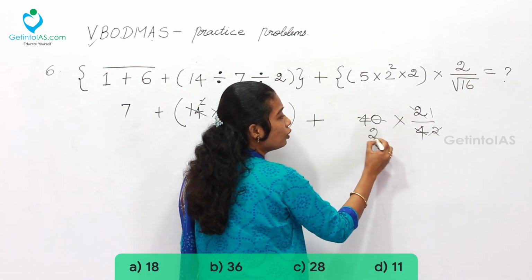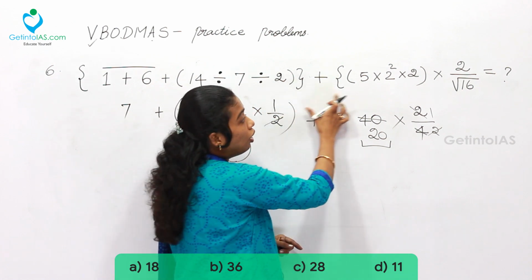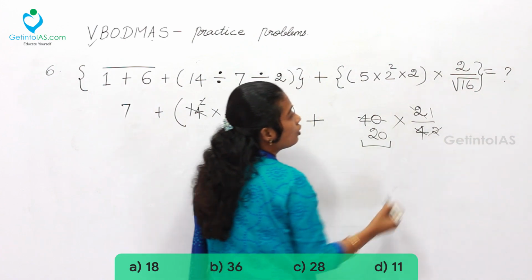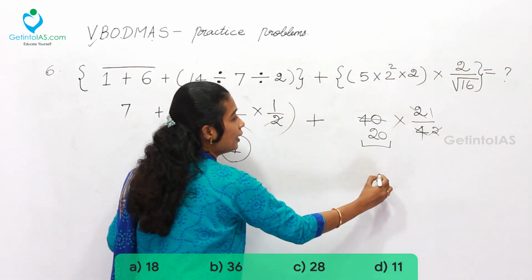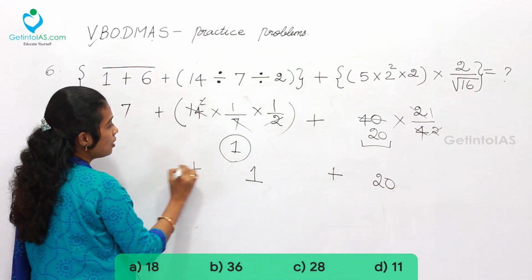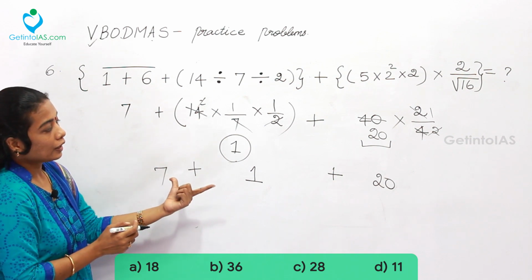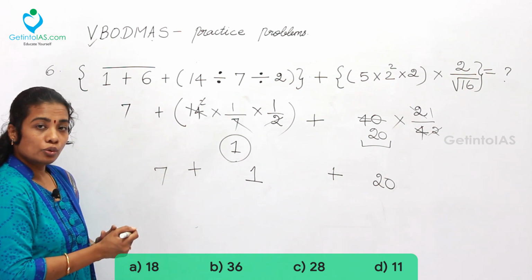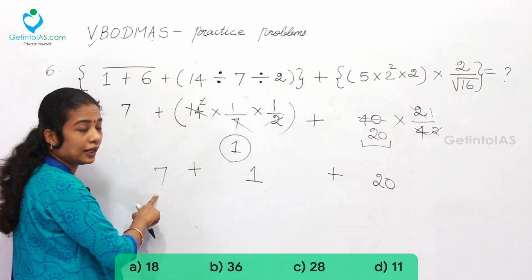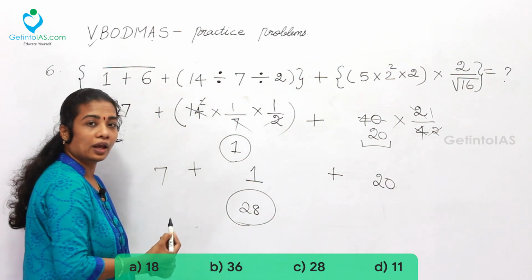Here 2 has to be done here. 20 is the result for all these operations together. That is curly braces up to here. So which is 20. So let me take here 20, here plus and here 1 plus 7. In order to solve that, you will have to make all the additions together. So finally the answer is, simply you can add up the values and get it. So 20 plus 7 plus 1, 7 plus 1, 8 plus 20, answer 28.